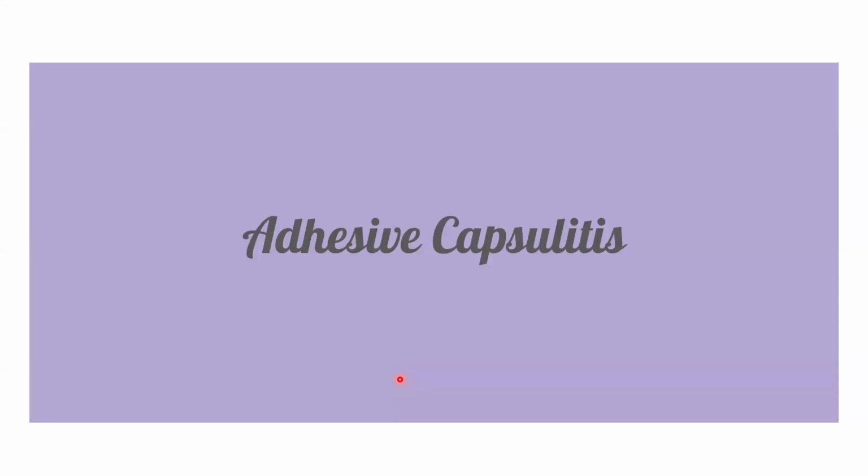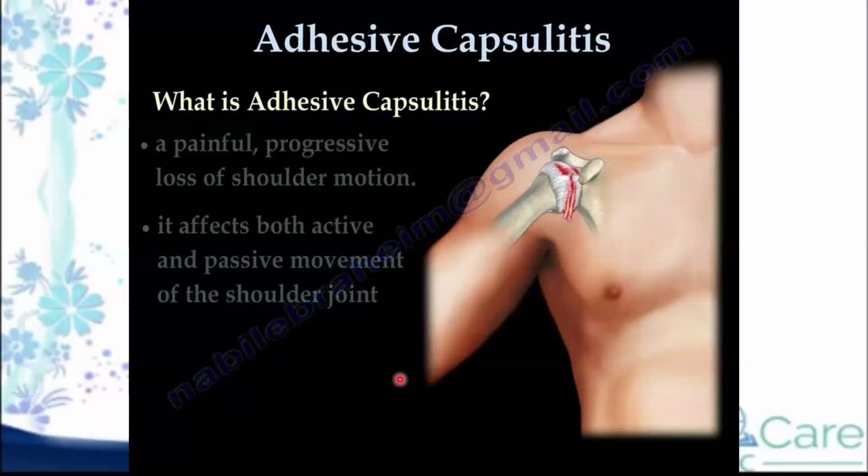So just a bit about adhesive capsulitis. So this has been one of the choices on the stems, right? So just to know a bit so that you can exclude it if at all in a question, right? So this is a pain, again, it's progressive and it's painful. And what happens, is it the muscle or the joint? It's actually the joint capsule, right? It's neither the muscle nor the joint that is affected, it's the capsule, right? So the capsule of the shoulder joint. And as a result, there's progressive loss of shoulder motion or range of movement is restricted.